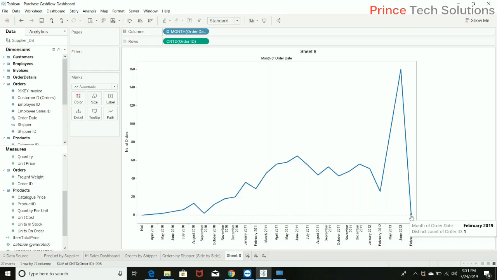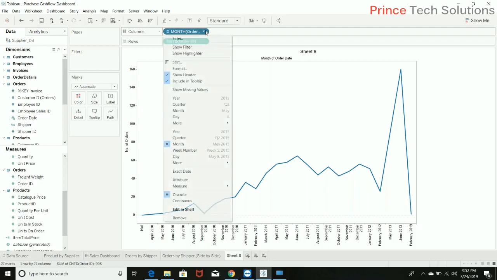Okay, so now while it was continuous, it was drawing all the years in the dimension list. Even if it is from 2013 to 14, 15, 16, it is drawing all the years and then linking the line to the year 2019. But in discrete, it will show only the years or months where we have an existence of the data. Make sense? So this is continuous. If you just want to change it to come back into continuous, you will see the differences in the